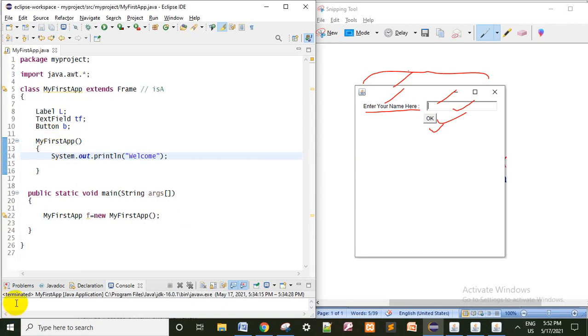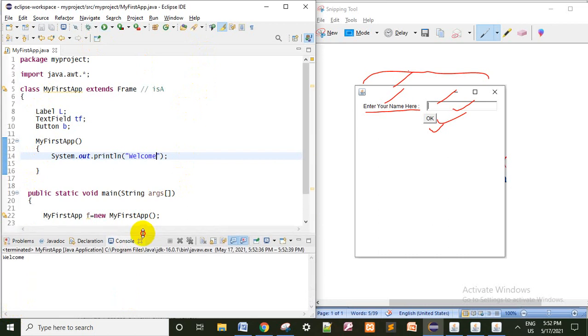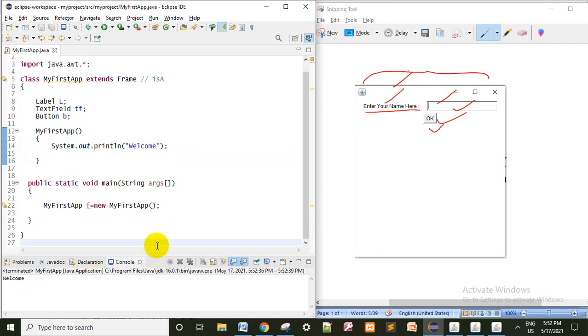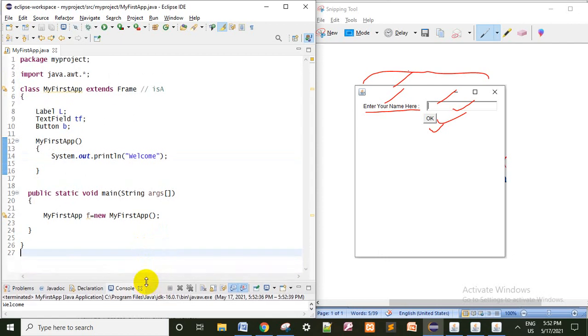See, this is a terminal or console, you can say. Now I will execute this one. Just a minute. See, now that code is error free, that will execute here, so there is no problem. Now the thing is that whatever component you are going to add into the frame, you have to create within this constructor. So for that I am showing you how to execute this one.